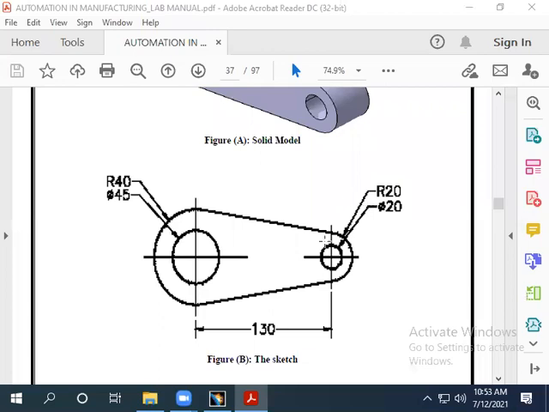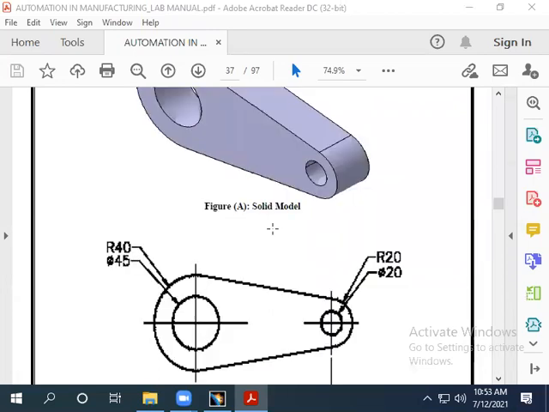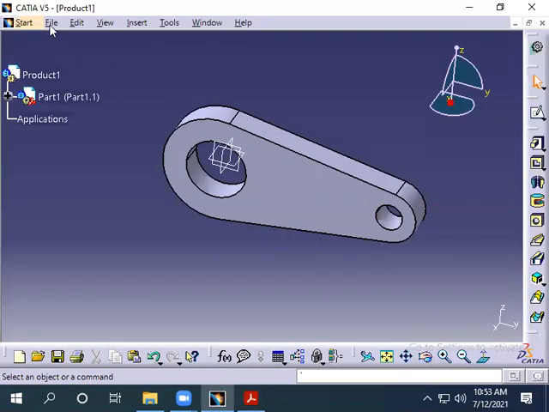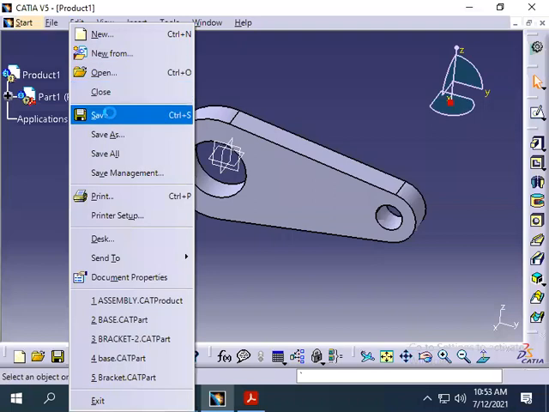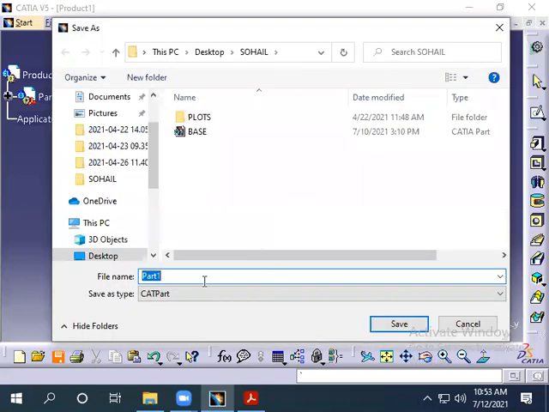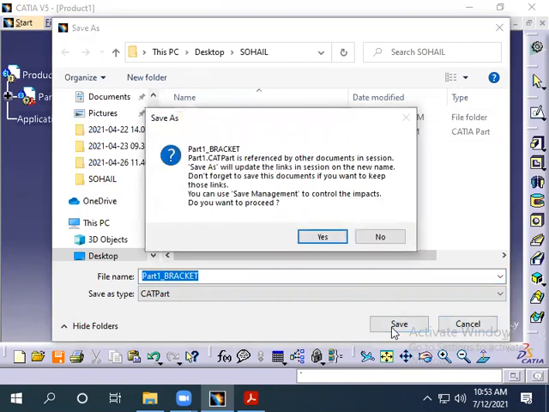Yes, now we'll create another simple component, and we will assemble these both. So let us create another new component, but before that you save it. File, save, you specify a name, maybe part 1 and say bracket, and you save it. We'll update the link.